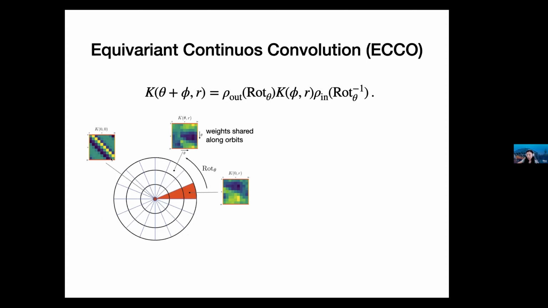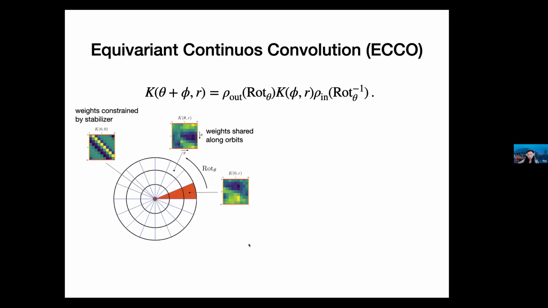Okay, and then the only tricky part is in the center, where there's a bullseye. For the bullseye, we need to constrain the weights to satisfy this type of circular pattern. So the weights are constrained by a stabilizer, and that is basically the weights on the center point of the kernel. The rest is quite similar: once we constrain the weights to be shared along the orbit, and the stabilizer is constrained in the center, the rest of the weights are freely trainable. You can train them with standard backpropagation techniques in deep learning.